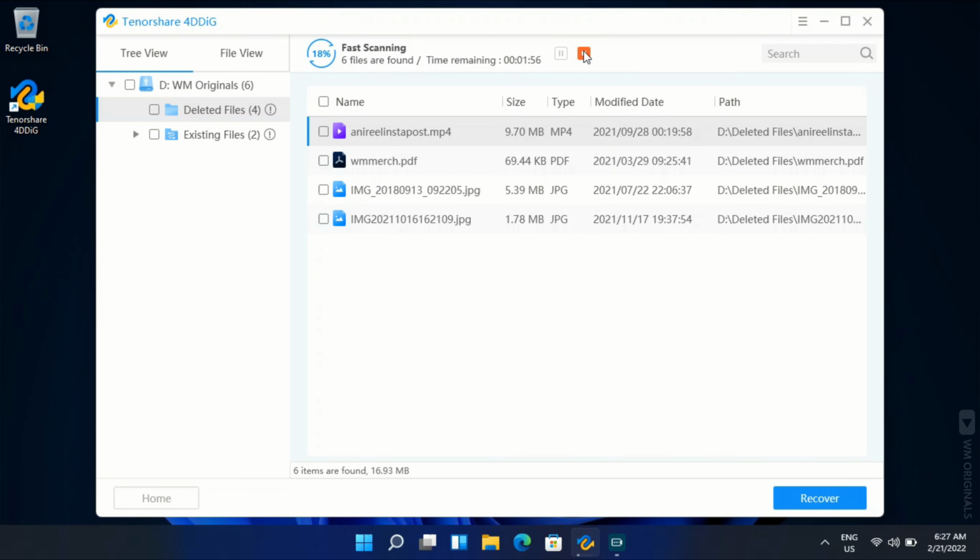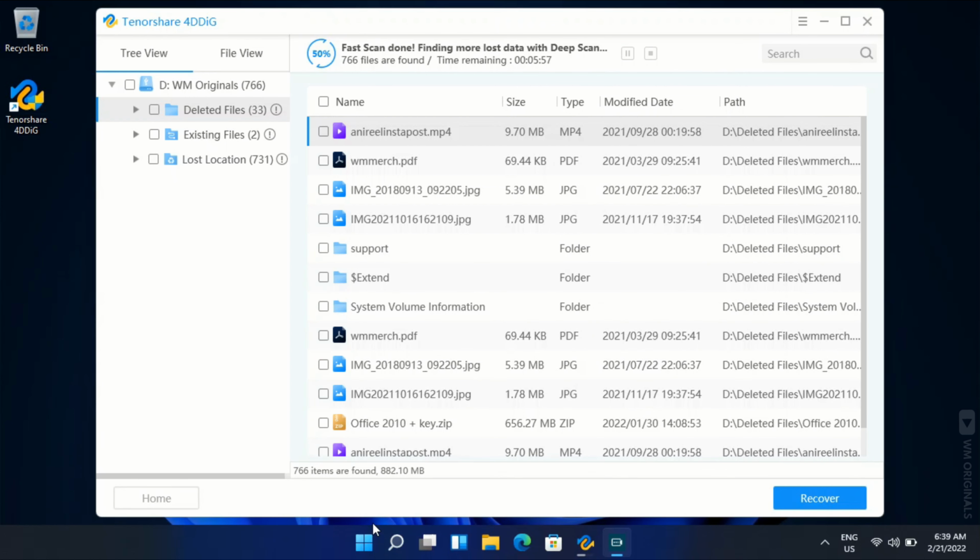Now that I have found my deleted files, I can stop scanning process or let it complete. Let's allow it to complete, and after some time, quick scan completes, listing many more previously deleted files. Now here it will automatically begin deep scan. So if your data is not found after quick scan, let deep scan get completed and you will surely get your data. But it will take much longer to complete scanning.